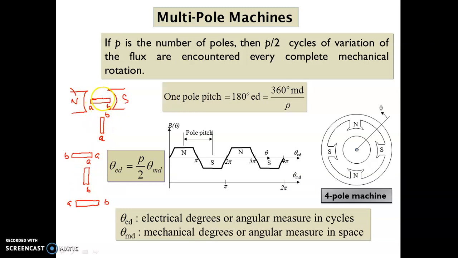Mechanically you have rotated this portion by how much? Mechanically you have rotated this by 180 multiplied by 2. That is, you have mechanically rotated this portion by 360 degree. I am taking it in steps of 90 degree here, but slowly we are going from 0, 1, 2, 3 like that. So mechanically this conductor is rotated by 2 pi radian. So the mechanical angle is rotated by 2 pi radian.